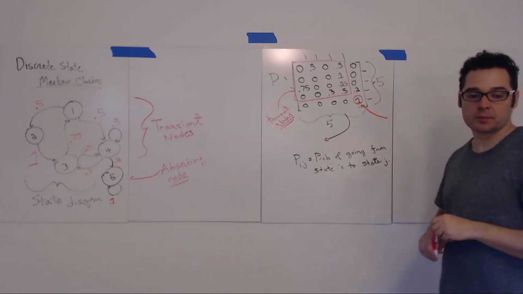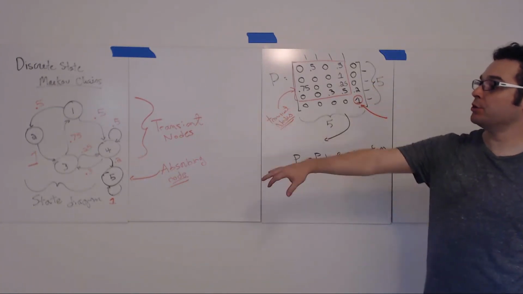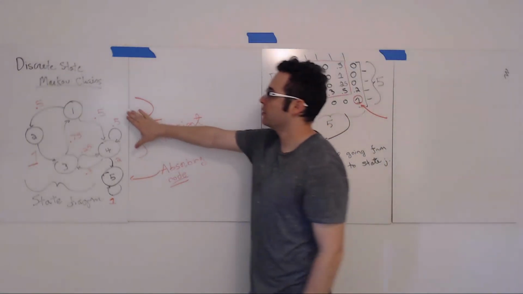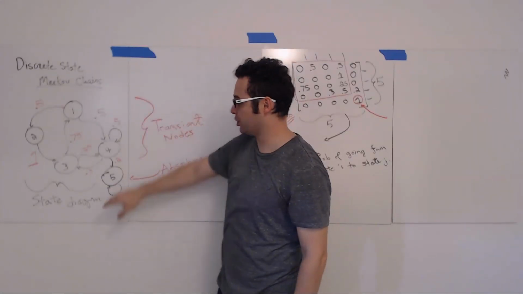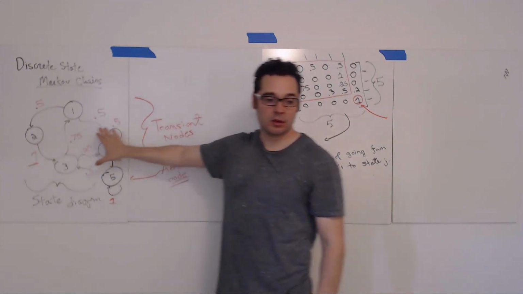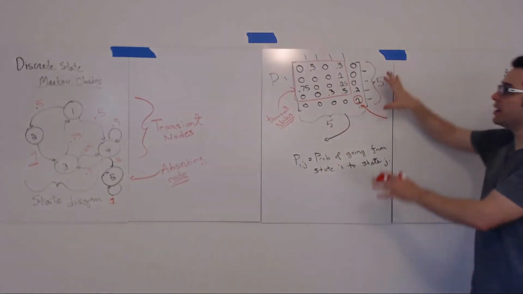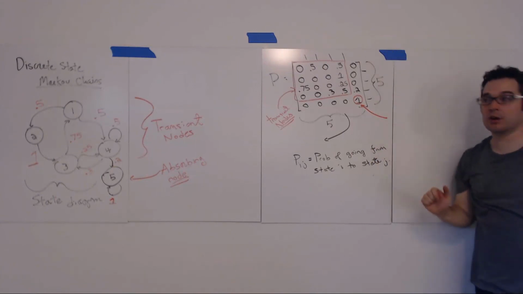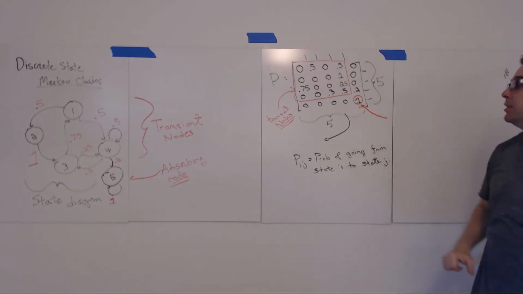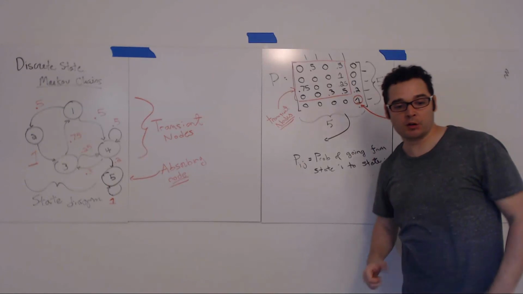Okay. So this is how we go from a discrete state Markov chain state diagram and we end up finding our transition probability matrix. Okay. So hopefully you guys found that